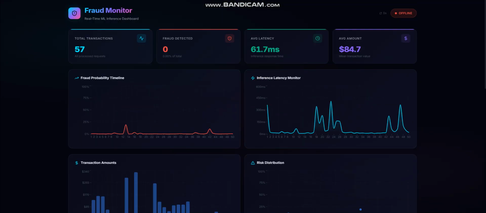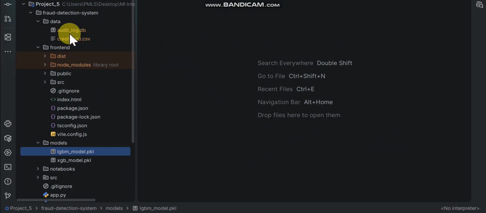So we took these datasets, auditlog.db and creditcard.csv. Okay. And we trained on the basis of the XGBoost model, which is the most used model so far in, I guess, ML projects, and the LightGBM classifier. We used these two models, and also we used Smart as our handler, which made our work very easy.